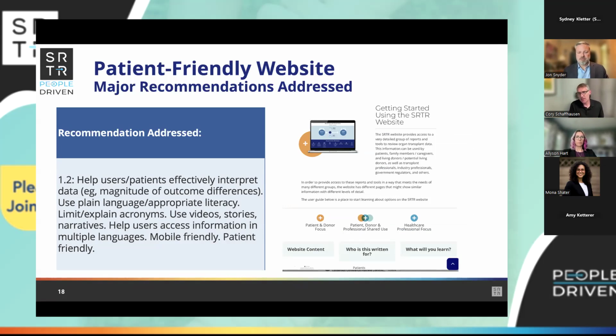The next section is getting into the broader navigation for the site. This is a recommendation for having SRTR help users or patients interpret information. This is a very broad recommendation. The graphic here